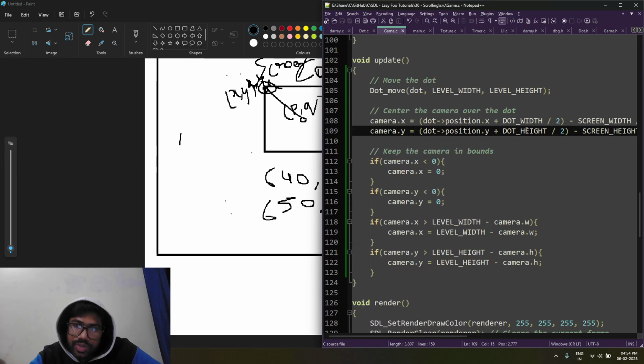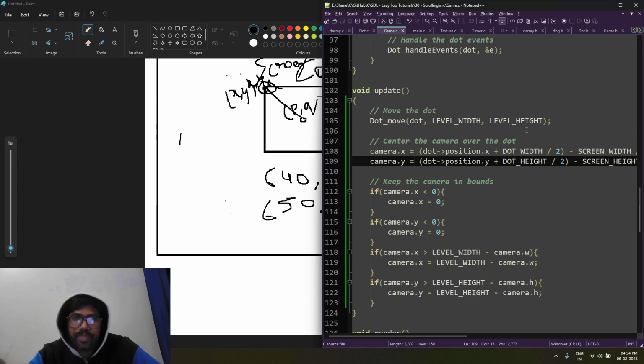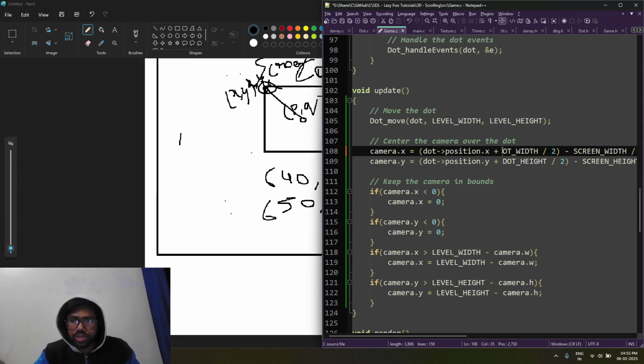Screen width by 2, position, screen width by 2, screen width. Screen width by 2 and plus dot width. If you are adding half, you are off by the offset. Okay, if we don't do this,